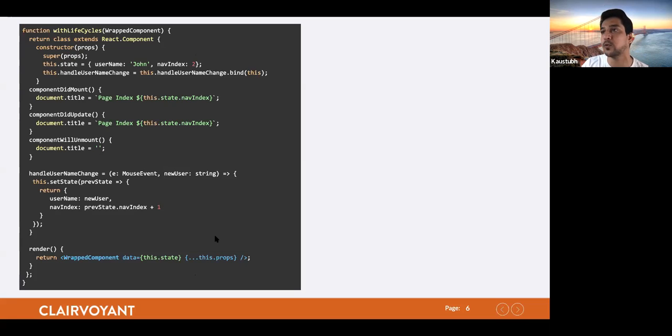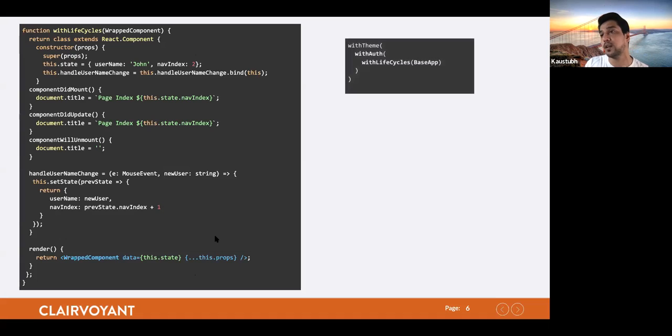So consider a case where you have two or more components which need to use the same logic. They need to have the same component mount, the same lifecycle, and the same code. So in this fashion, by using lifecycle hooks, we can decouple our UI and keep this logic separate from our components, which makes it easy, and we can use it like this by creating wrappers like this.